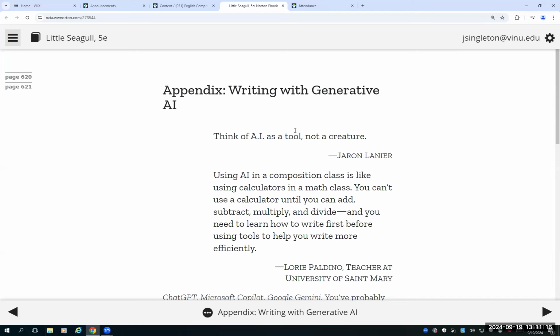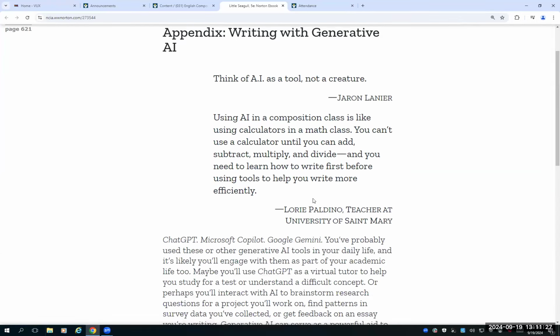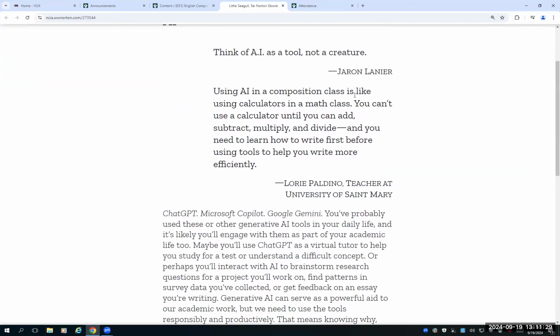So when we look at the Little Seagull Handbook, there's a whole section here on using AI and writing with AI. It says that we're going to think of AI as a tool, not a creature. Using AI in composition class is like using a calculator in a math class. You can't use a calculator until you can add, subtract, multiply, and divide. And you have to learn how to write first before you can use those tools to help you write more